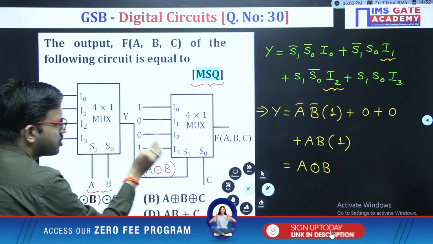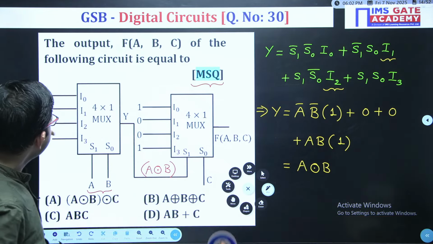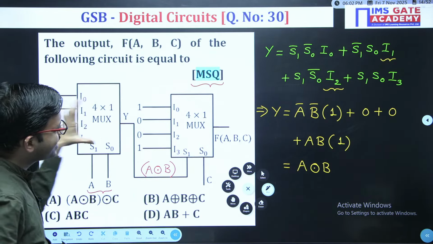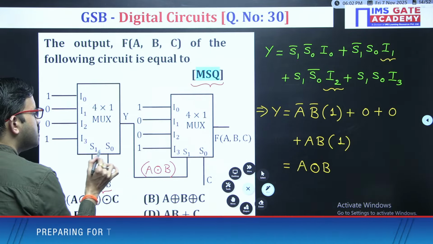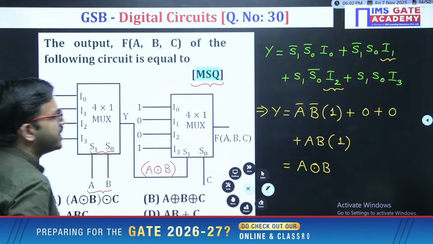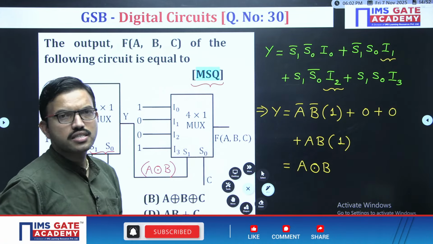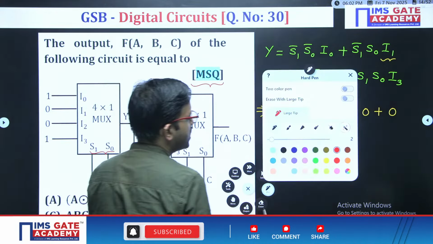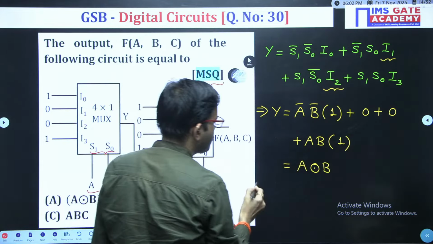once again is the same 4 by 1 mux, and just like here, 2 selection lines, and the 4 inputs you are having are 1001, exactly the same. That means just now we understood the XNOR operation among these two selection lines; in exactly the same way, among these two selection lines you are getting the XNOR operation as the output. Okay, now with this understanding, the final output that you are getting, f of ABC